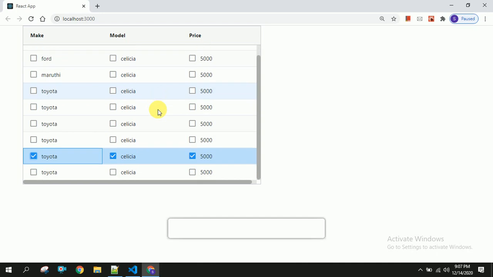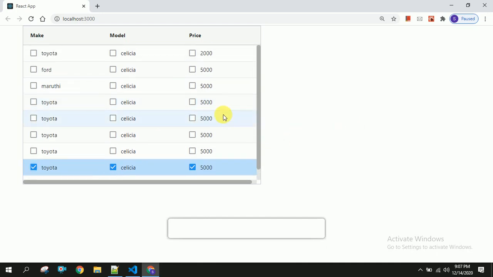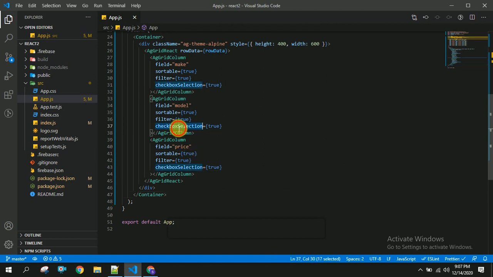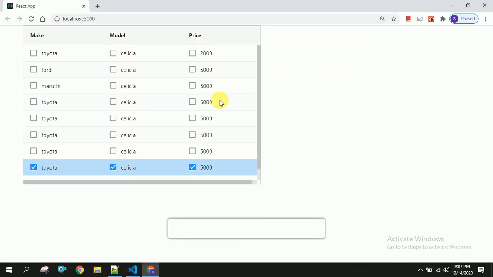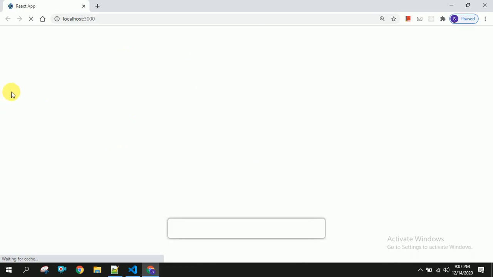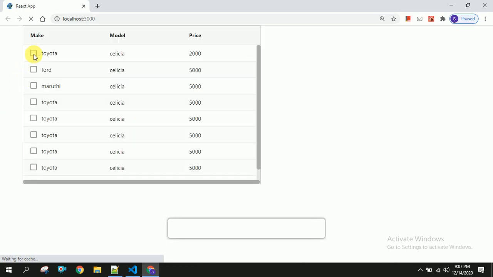So the next thing we are going to do is, if you see here, we have different checkboxes for price, model and make. If you want to have only one, you can remove this. It will work in a similar way. If you refresh the browser, you will see only one checkbox in the make. Yeah, you can see here the entire row got selected, but we have got the ability to select only one